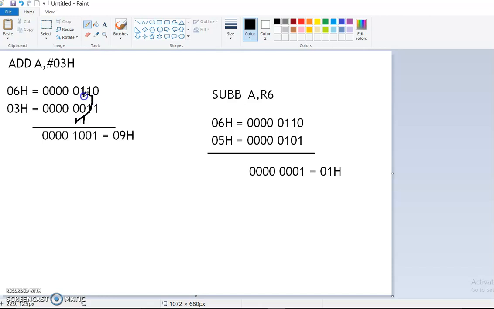Then next, 1 here. So 0 plus 0 is 0, here the carry is there, 1, so the result is 1. So like this, 0 plus 1 is 1, 1 plus 1, 0 here, carry here, 1 plus 0 plus 1 is nothing but 1 plus 1, 0 here, carry here, 0 plus 0, 0 plus 1 carry. So 1 here, remaining all zeros. Like this you can do the binary addition.